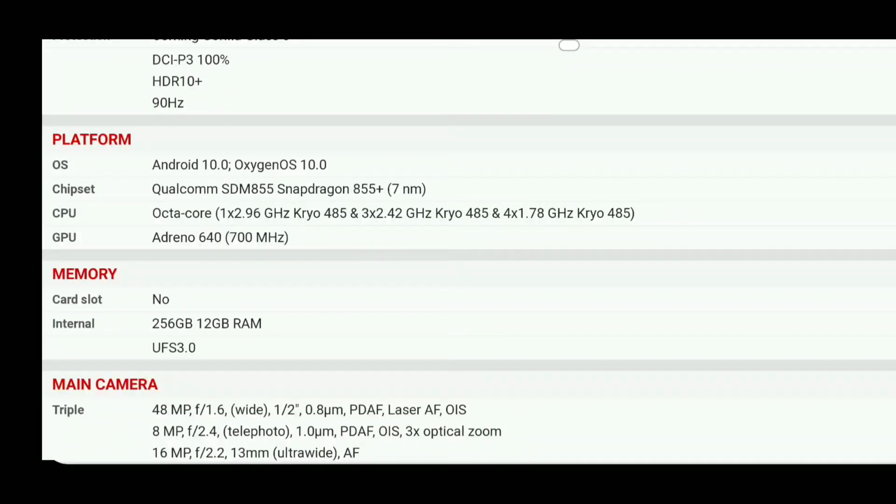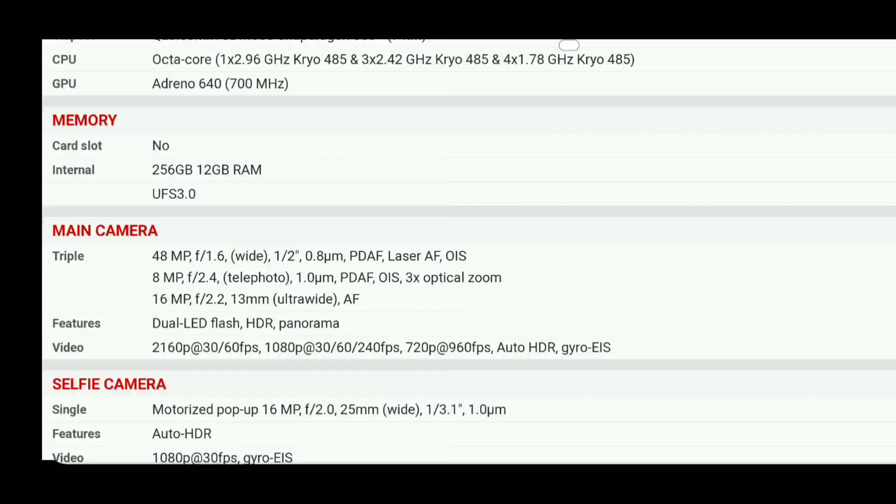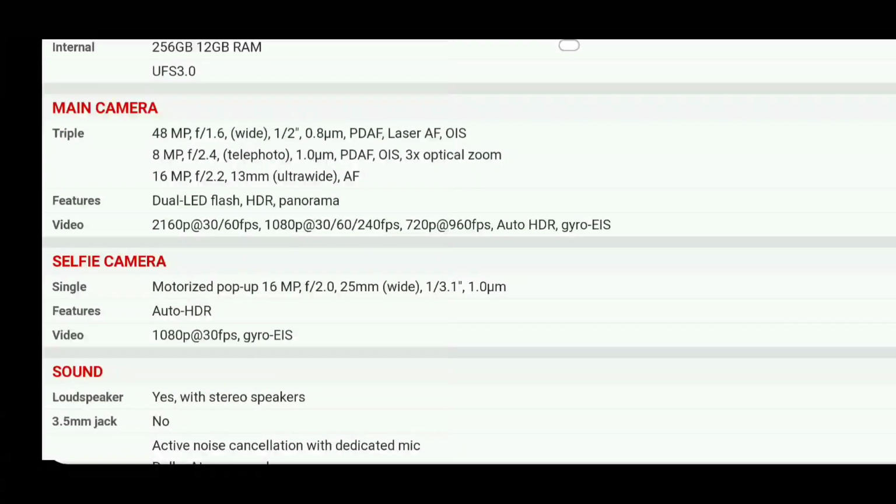There's the mention of the Qualcomm Snapdragon 855 Plus octa-core processor, a really high-end Adreno GPU. You'll see the RAM configuration and the internal storage configuration and the type of storage it has. There's a description of the cameras, a description of the video performance, and it talks a little bit about the selfie camera. It looks like it is going to be a motorized pop-up, like what we saw in the OnePlus 7 Pro,